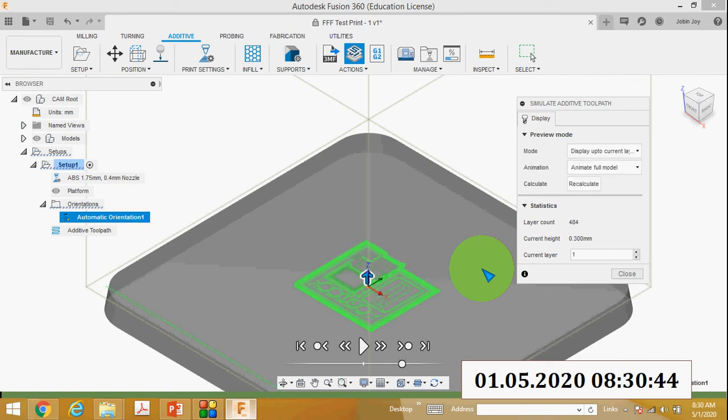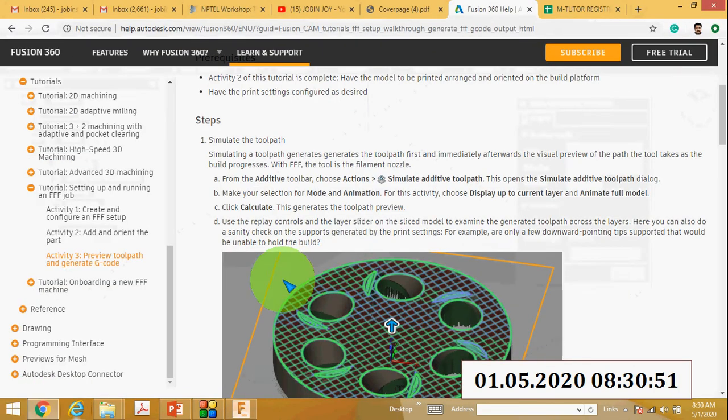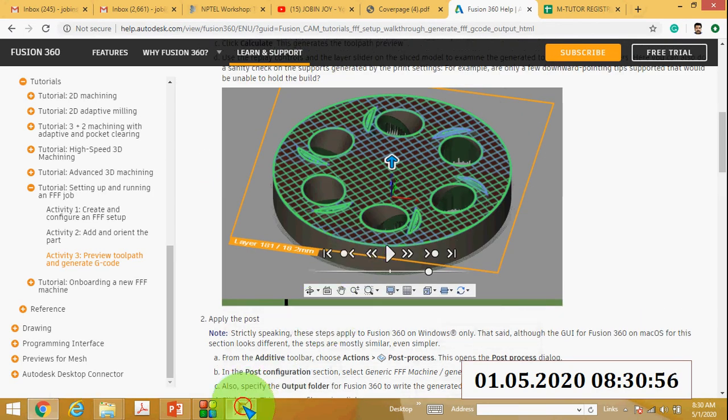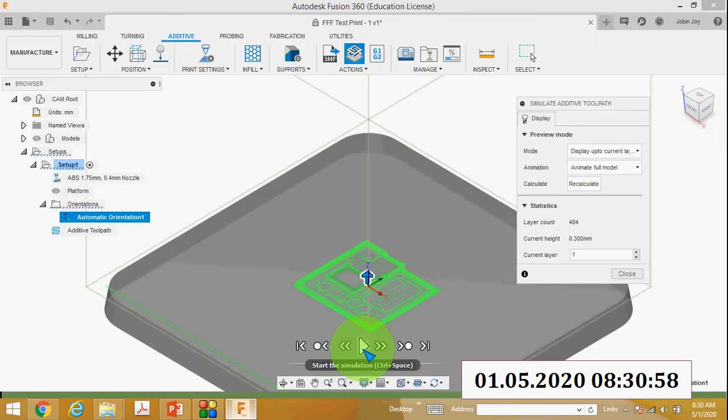The toolpath calculation is at 90%, then 94%.